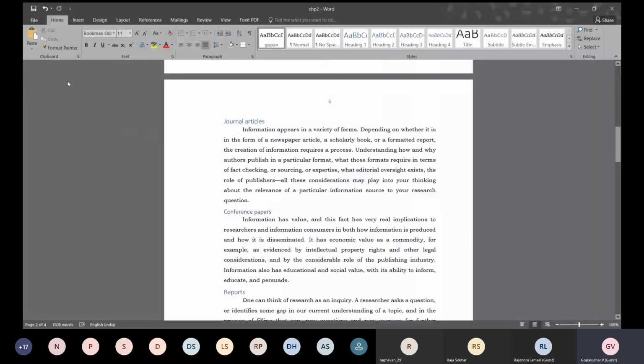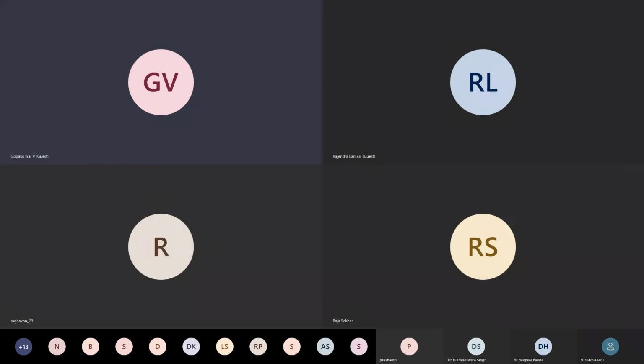File, save. So we have 2 chapters on the desktop of the computer, chapter 1, CHP1 and CHP2. Now I will close this file also. I will open a new file. This is the way I have to show it. There is no other way. I will just open a new file, and then I will show it with you. Share.